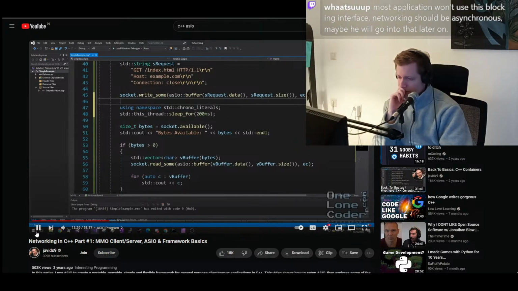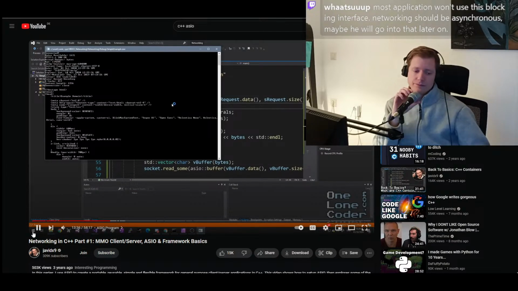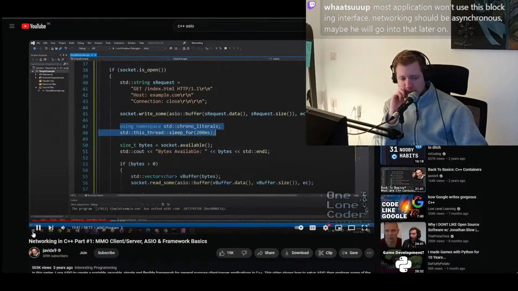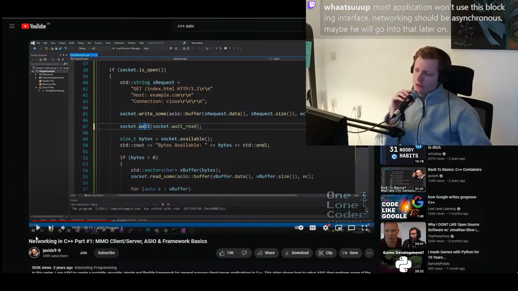Your program to make it work, you need to think again. But let's see if it does work. Well, it did. 200 milliseconds looked like adequate time for the request to go out, get processed, and the server to respond with data. This is really bad and really inconvenient for us. I don't want my program waiting 200 milliseconds every time I do any kind of network transaction. Fortunately, ASIO does have some tricks up its sleeve to help. So one of the things I can do is tell it to wait, which will block my running program until there is